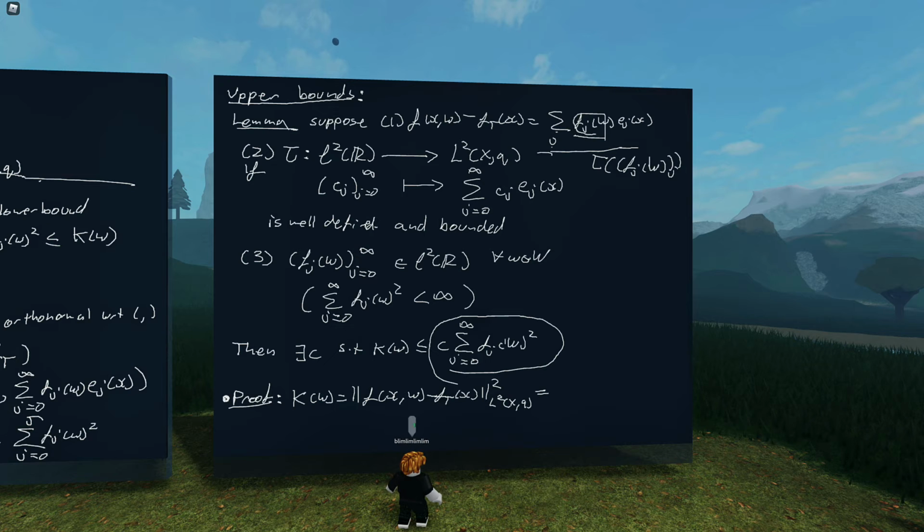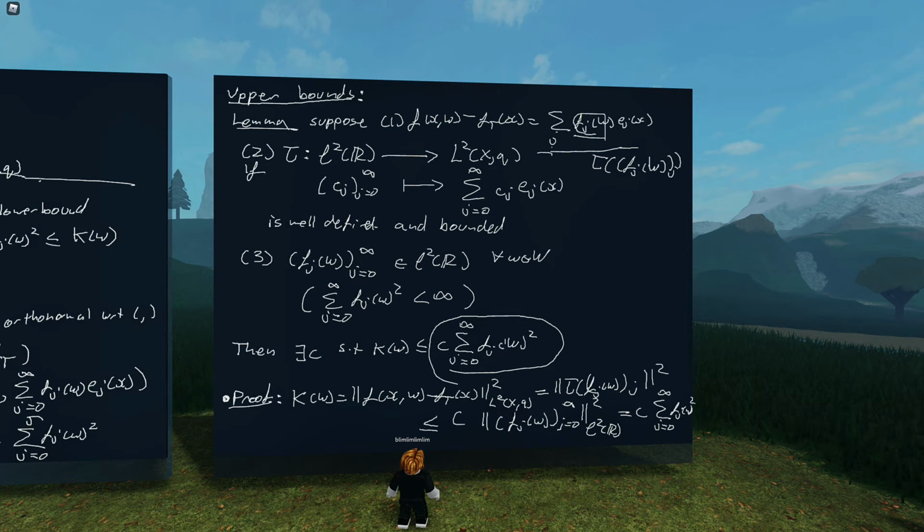So this norm down the bottom equals the norm of tau applied to that sequence. And by the assumption that tau is bounded, that just means that there's a positive real number c. So this is less than or equal to c times the norm of a sequence of polynomials, where this norm is the little L2 norm. And specifically, that just equals c times the sum over all the polynomials squared,